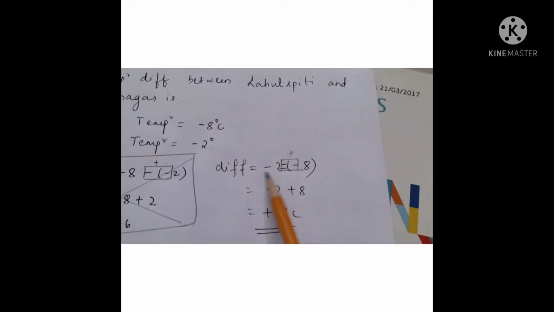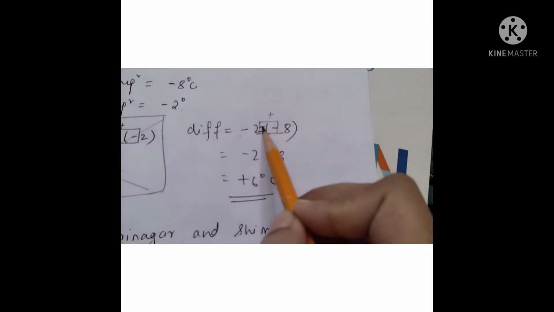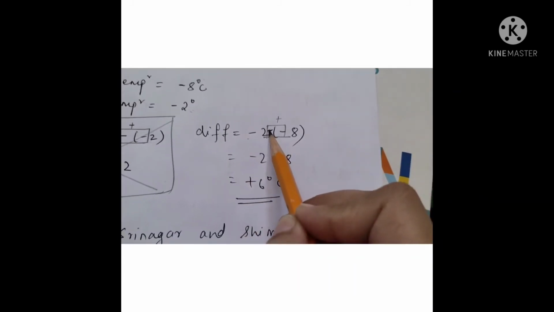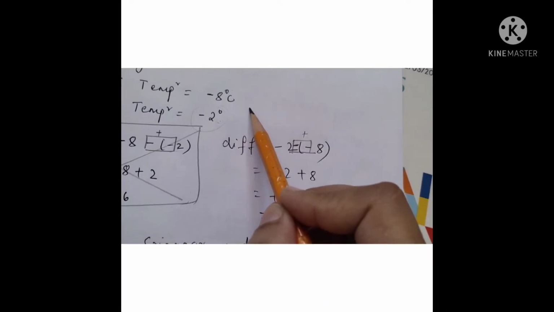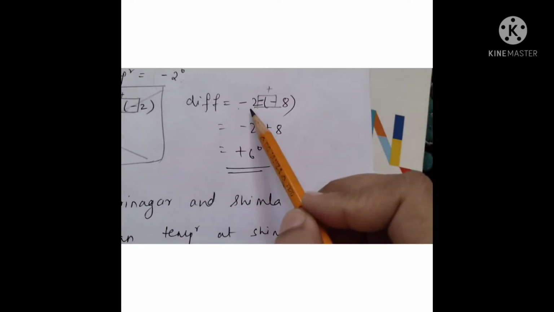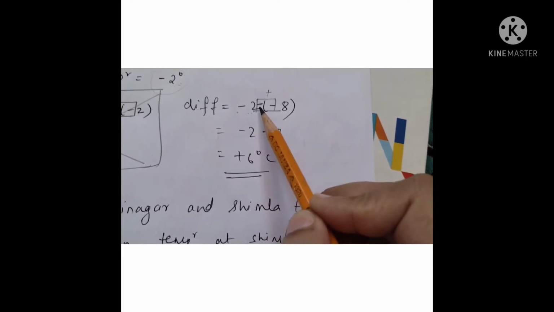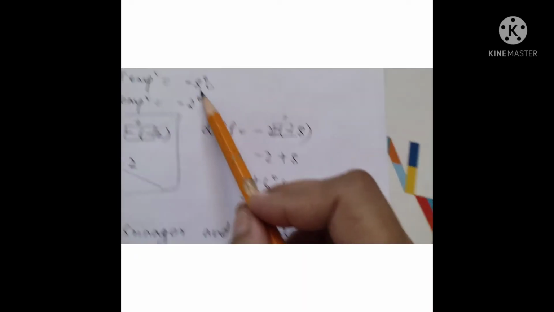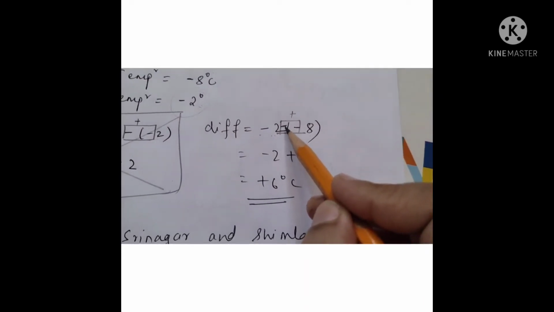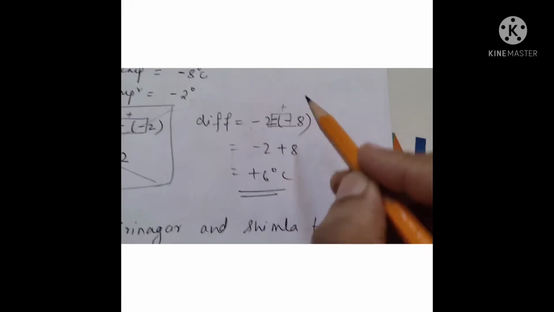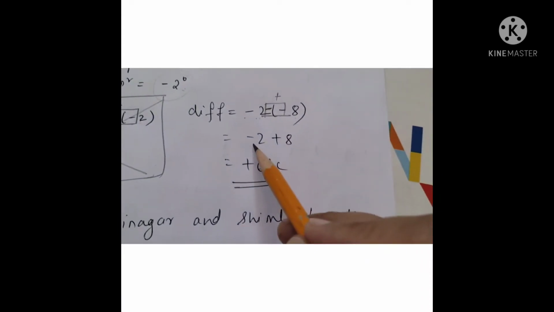Our aim is to find the difference between these two places. Srinagar is how much? -2. Since we are finding the difference, I will write minus. Difference means we have to subtract. All you need to do is first write this number, and since you are finding the difference, write the minus sign and then this number. That's what I have done here. I'll write down -2, then negative, and the second temperature measures how much? -8. Now I have two negative signs, similar signs, and similar signs will be replaced with a positive sign. So I will write -2 plus 8.